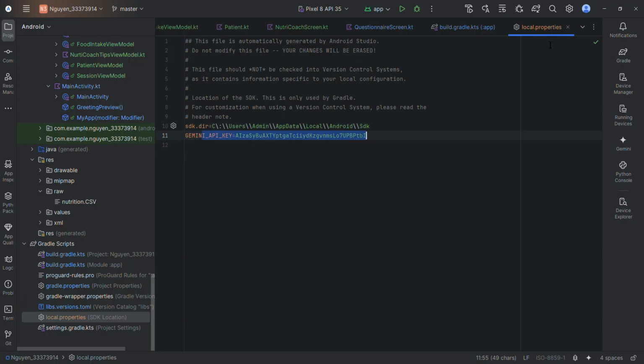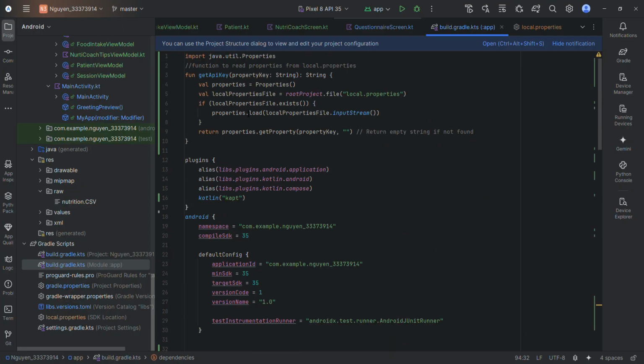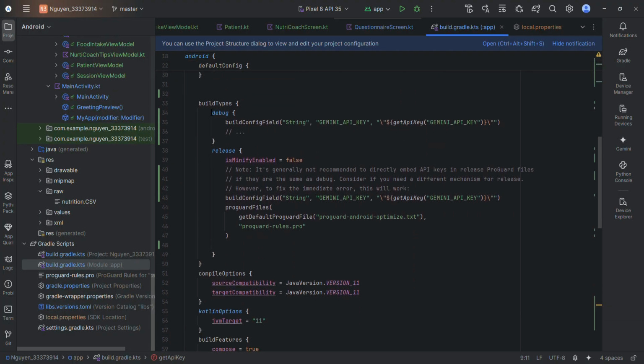the local properties file here, and then come back to the Build.Gradle file. We have to write a function to get the API key from local properties. And also we have to import the properties here. Put this code on the top of your Build.Gradle module app, and then in the buildTypes we declare the debug